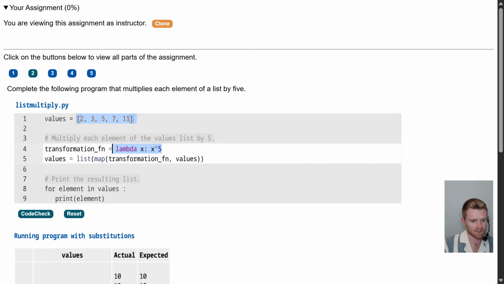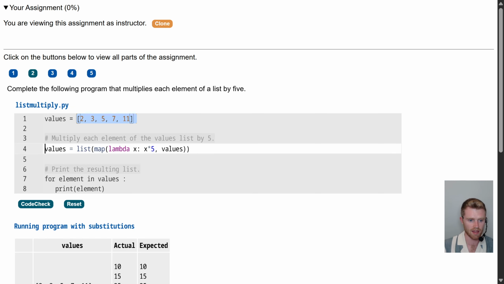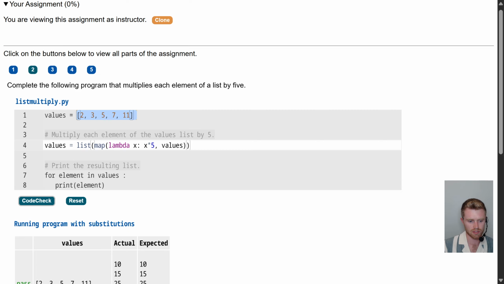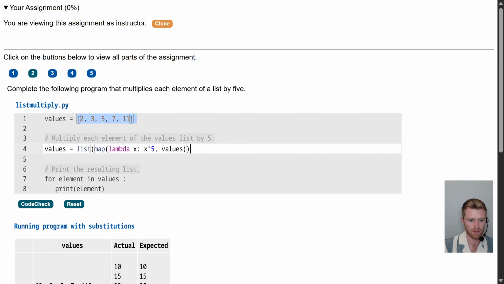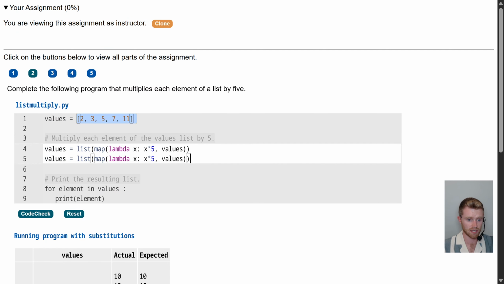So the even more concise version of this would be to take this and just, we don't even call it transformation function. We just put it inline like that. And though this is probably the most concise version, I would argue that a different way of expressing the map object into a list would be a little bit more readable if we use the Python list comprehension, which